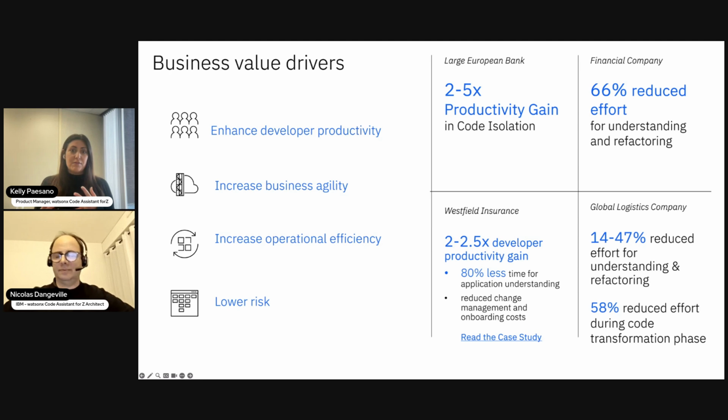But even experienced developers can realize a lot of savings from using watsonx Code Assistant for Z. So that's part of the reasoning behind that large range of 14 to 47%, based on the experience level of the developer. And then 58% reduced effort during code transformation. So a lot of different savings across our clients with watsonx Code Assistant for Z.